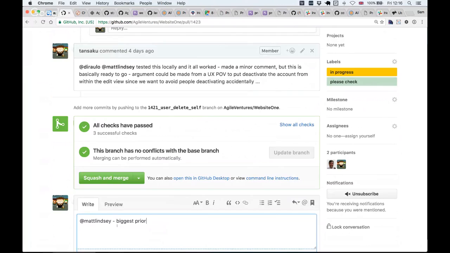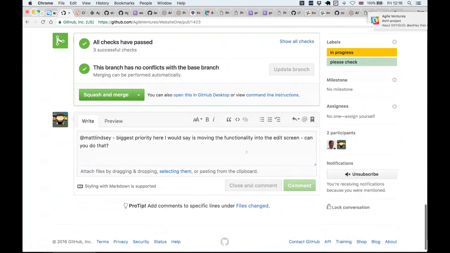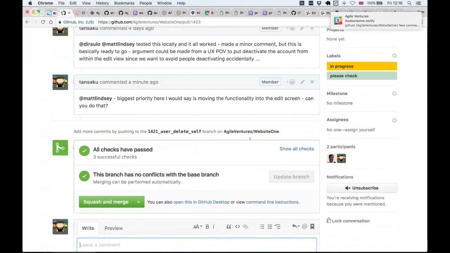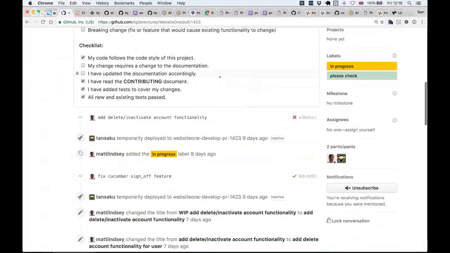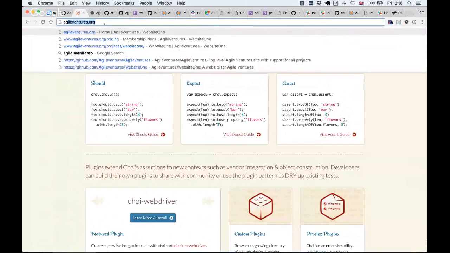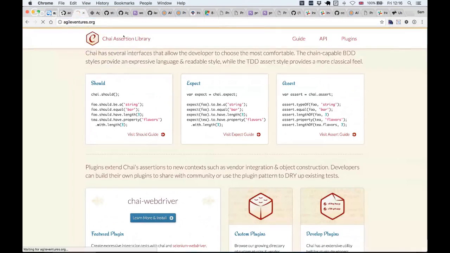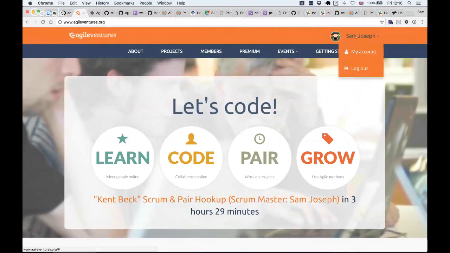The biggest priority here, I would say, is moving the functionality into the edit screen. I was asking, can you do that? There we go. This is for letting people shut down their account, and it's currently just in the user profile section. We've got a pattern in the site of